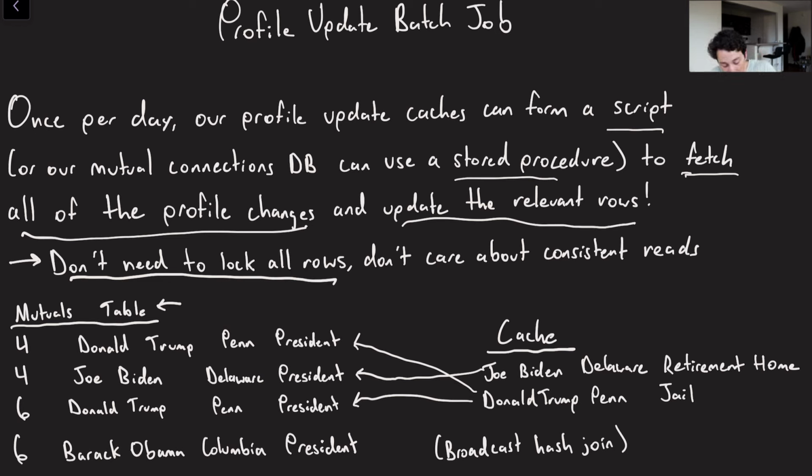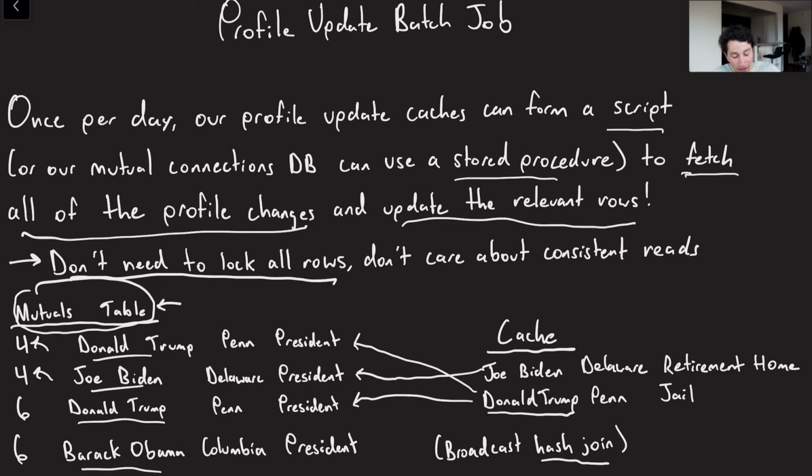So what does this actually look like in reality? Well, let's say we have some mutuals table, right? We've got user 4 over here, and his mutuals are Donald Trump and Joe Biden. And you've got user 6, who has the mutuals of Donald Trump and Barack Obama. So you can see that Donald Trump is repeated, but the point is we're only going to send the Donald Trump row from our cache over to the database once, and then we'll do something like a hash join, where